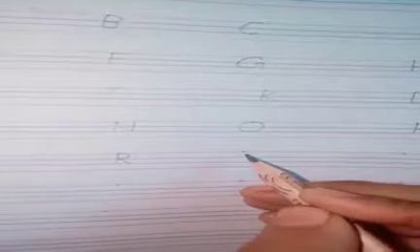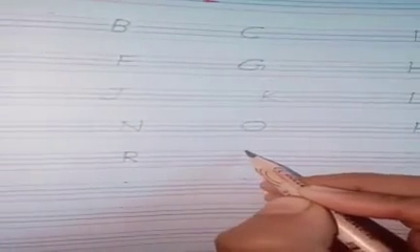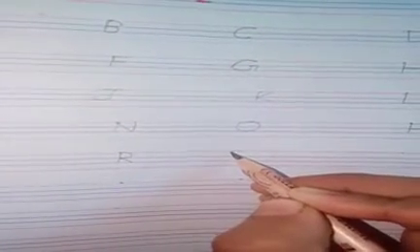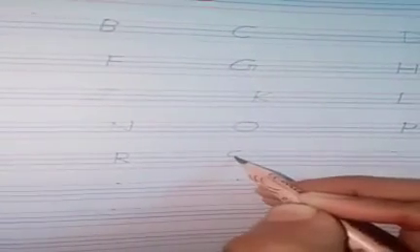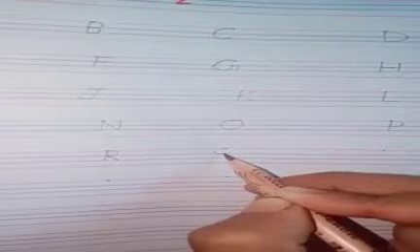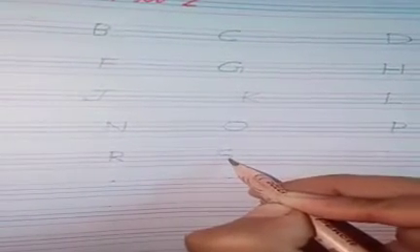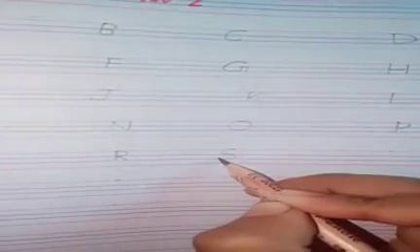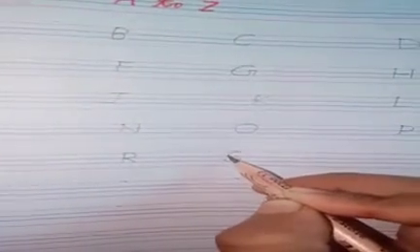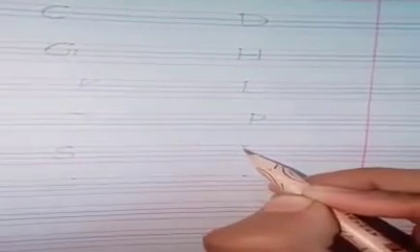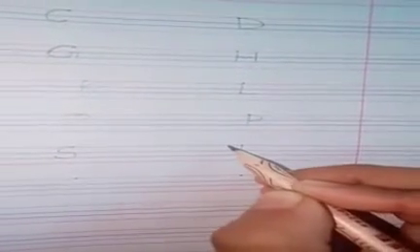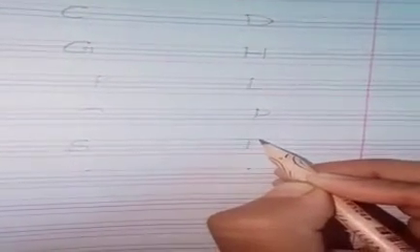R after S. Start at the top and swing to the left in a curve like this. Now swing to the right and make a backward curve to the bottom like this. This is capital S. S after T. Draw a standing line down like this and one more sleeping line across. This is capital T.